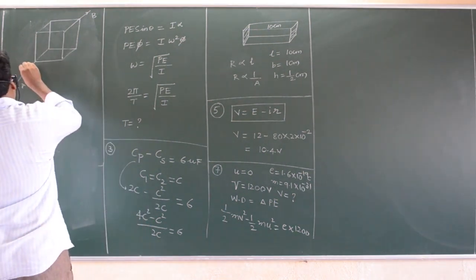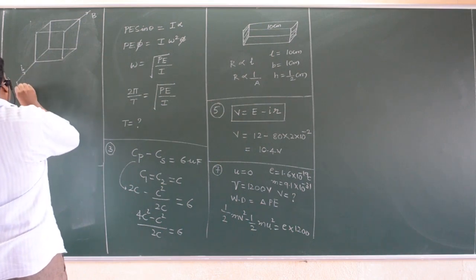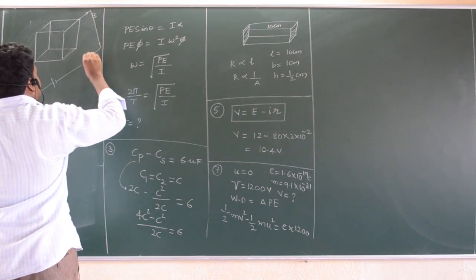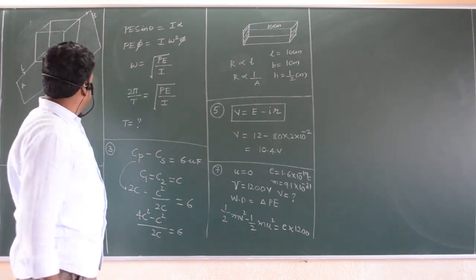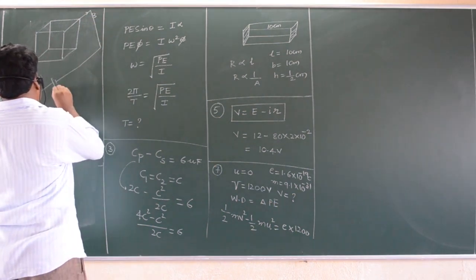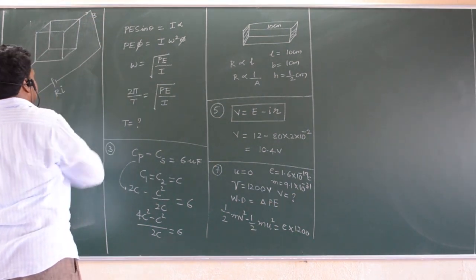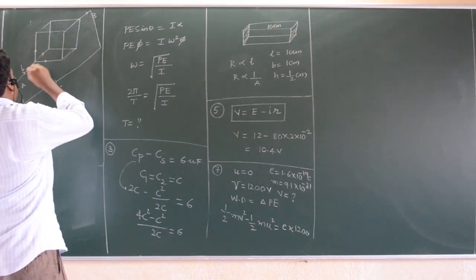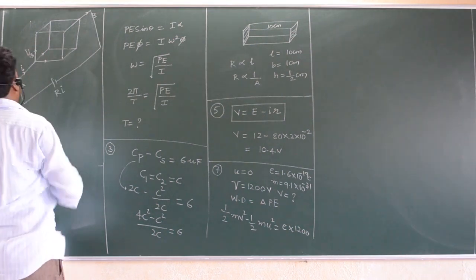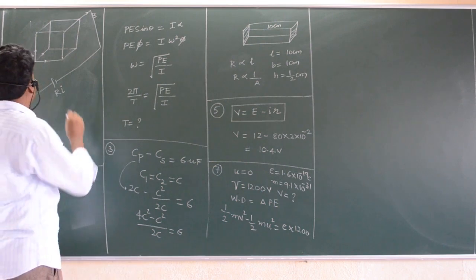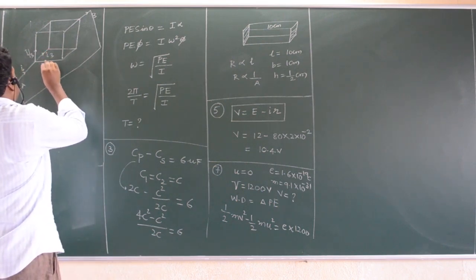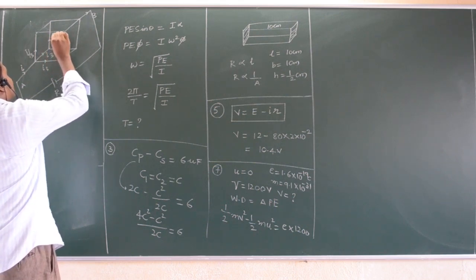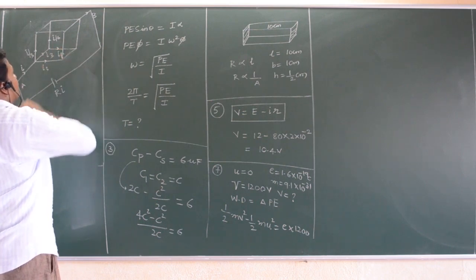Let us take current I entering. That's why I said instead of the loop law, you apply Kirchhoff's current law. It is very easy. Let us take the potential difference as effective resistance into I. Now current I enters here and divides into 3 branches as I by 3. At this point it is dividing as I by 3, I by 3 and I by 3. After reaching this point, this I by 3 divides into 2 parts, I by 6 and I by 6.